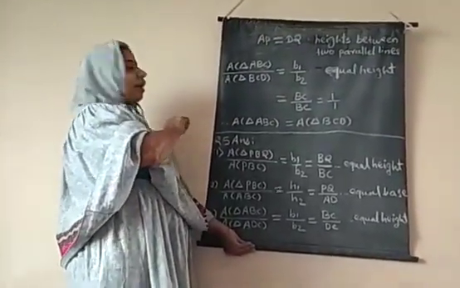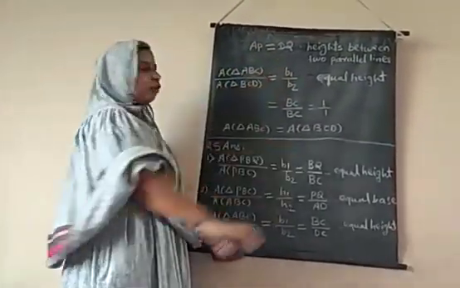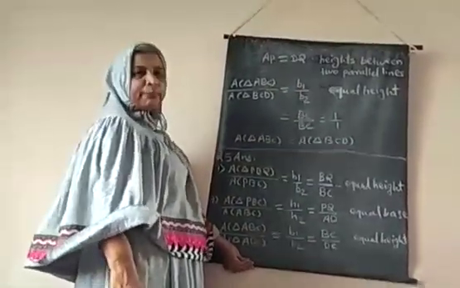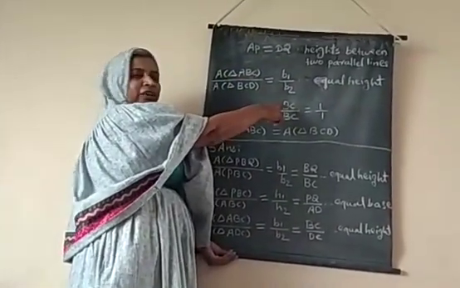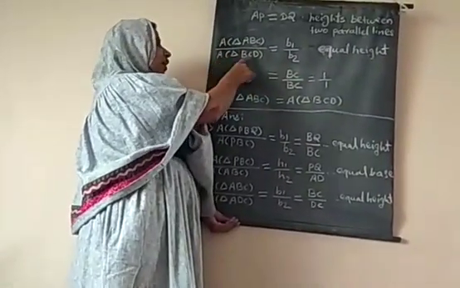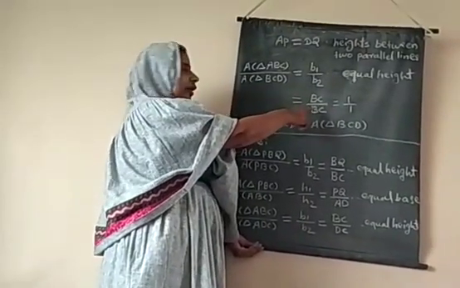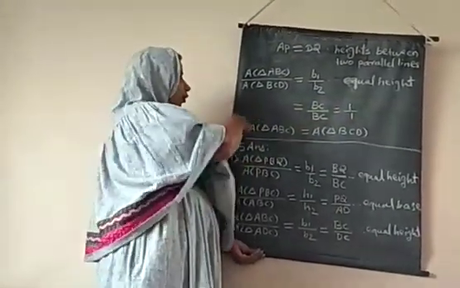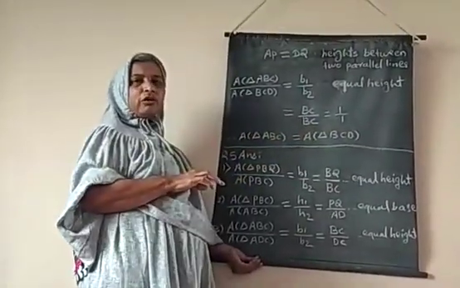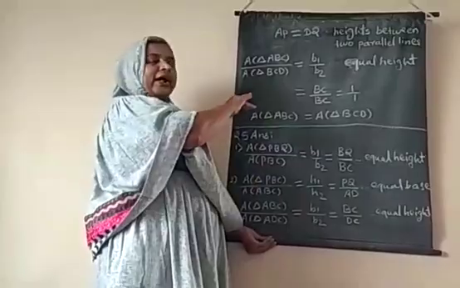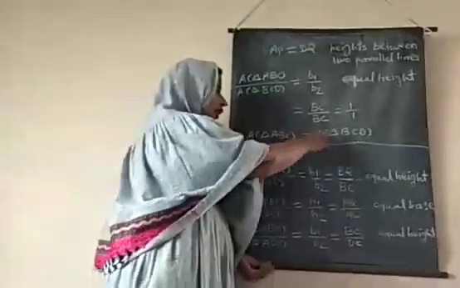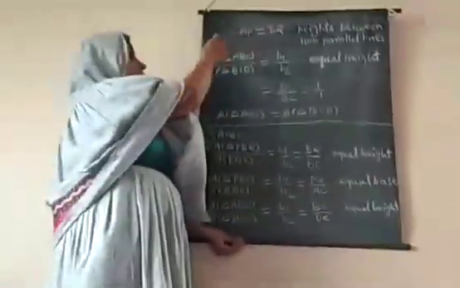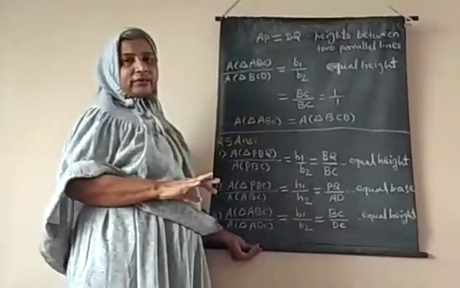Now the area of triangle ABC upon the area of triangle BCD, our heights are equal, so we are taking only the base ratios, B1 upon B2, reason is equal height. Now the base for triangle ABC is BC, and again the base for triangle BCD is also BC. Therefore the ratio is 1 upon 1. By cross multiplication the areas are equal. So this proves that whenever triangles are drawn between two parallel lines, their areas are equal because they have a common base and equal height.